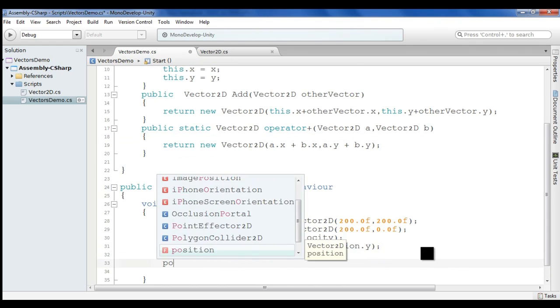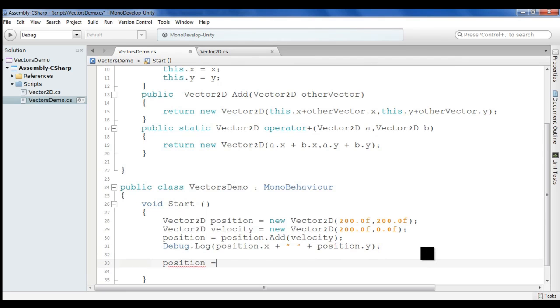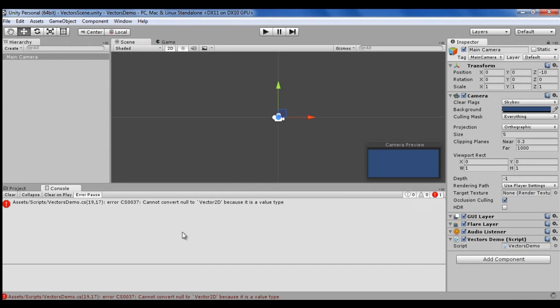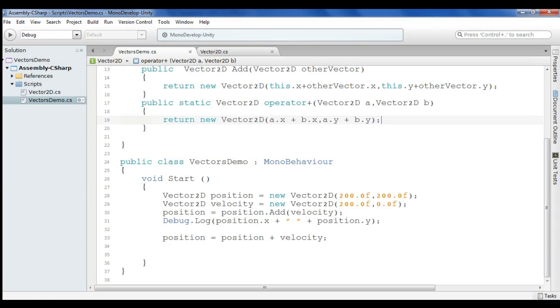Here we are, guys. I'm saying position is equal to position plus velocity, semicolon. Now if I save this and come back, we will not be having any error, guys. Can you see that? We don't have any error message. That means now we can perform two vector addition.